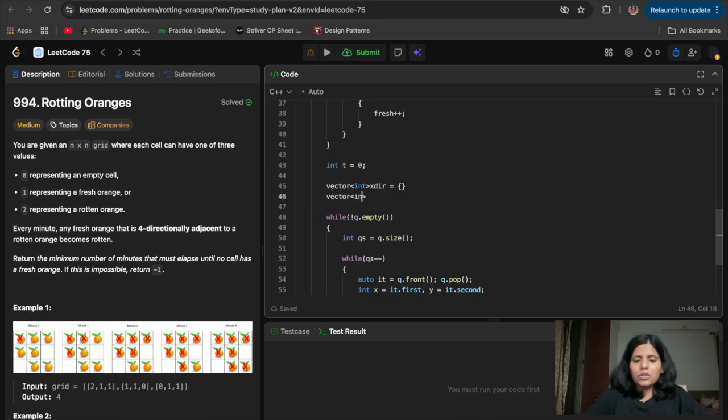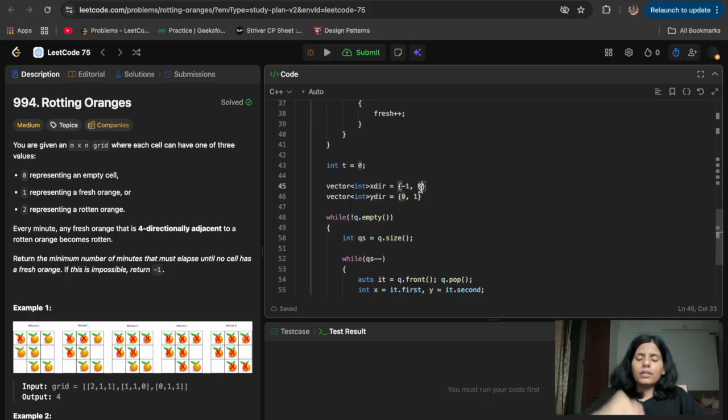And the y direction, if I'm going up, I need to minus 1 to the row, and for the column I don't need to do anything, so it will be 0. And if I'm going to the right, then for the x direction I don't need to do anything, and for the y direction I need to do plus 1.